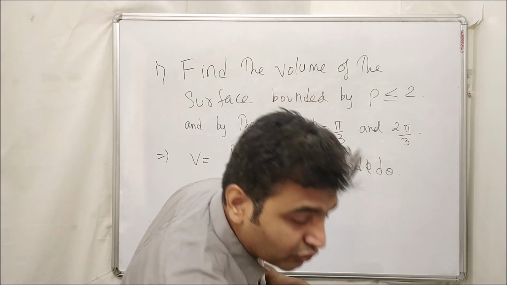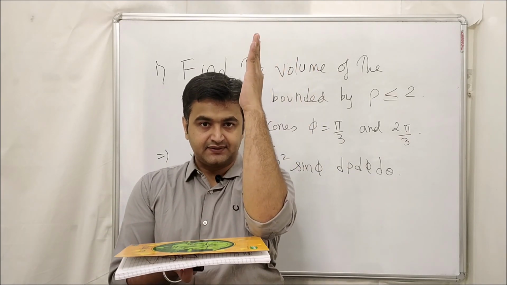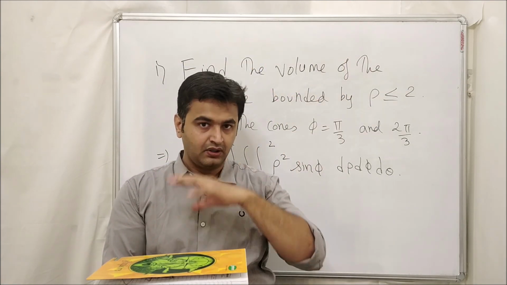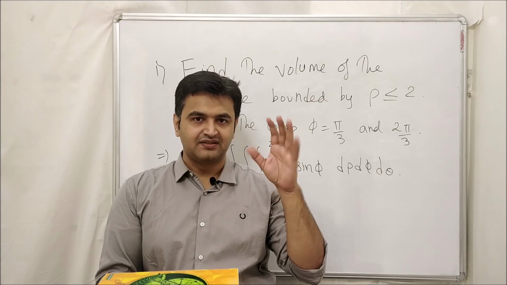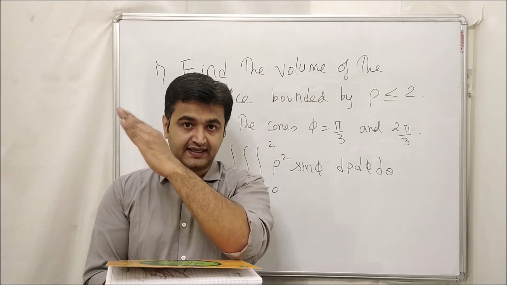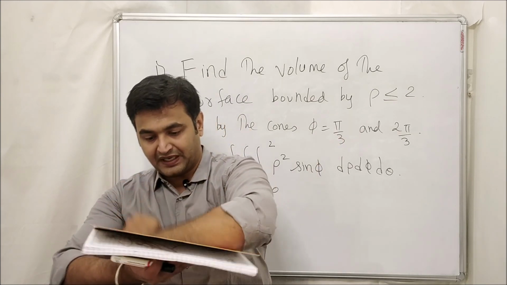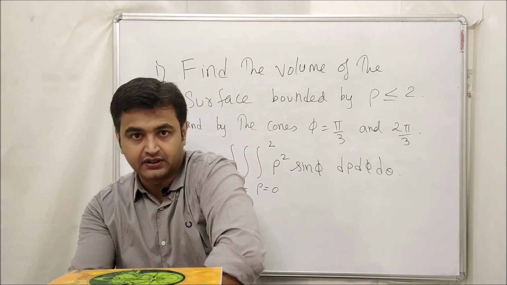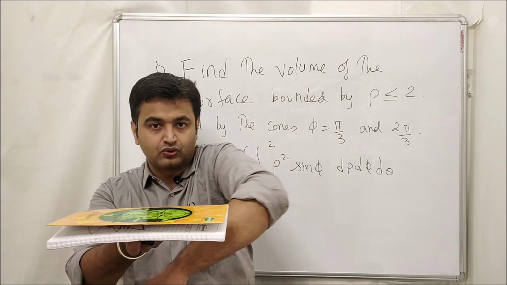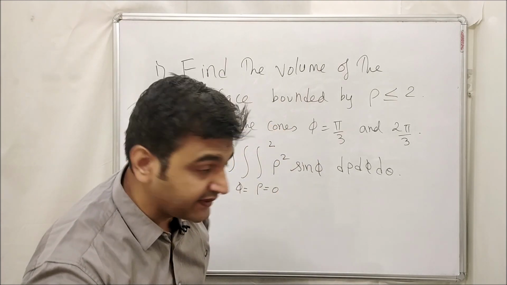But let's see what is the volume that you are trying to find. So this is my xy plane, this is my z axis. So you have a solid sphere of radius less than or equal to 2. Anyways. Now you take phi equal to pi by 3, which is this angle, 60 degrees, and you draw a cone over here. And you take 2 pi by 3 and then you draw the cone over here. So you have this as one cone and this as another cone. So you have to find the volume between these two cones and inside the sphere as well.